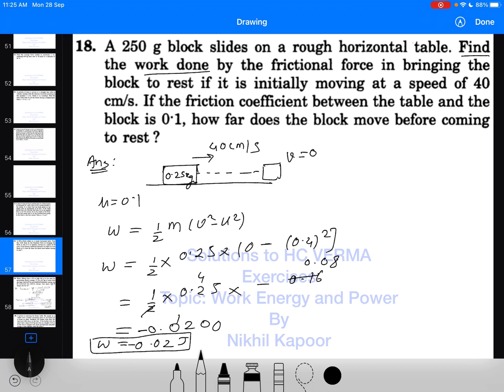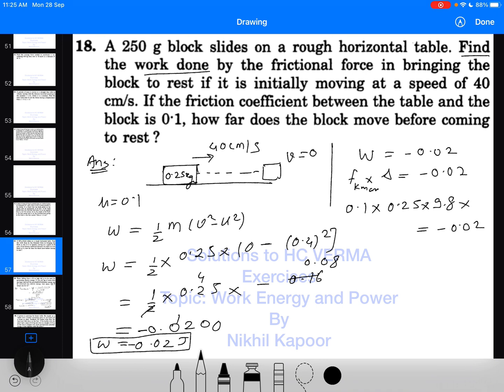If the coefficient of friction is 0.1, how far does the block slide? Here I can do that by equating work done, which is minus 0.02 joule, by frictional force, that is maximum frictional force, into displacement. So it will be mu mg, so 0.1 into m into g, 9.8, is equal to minus 0.02 into displacement. So the displacement would come out to be